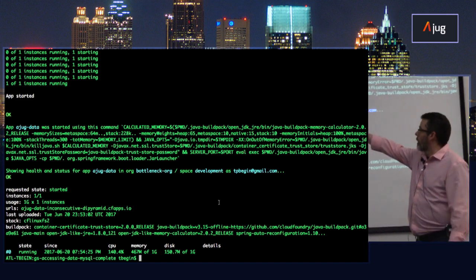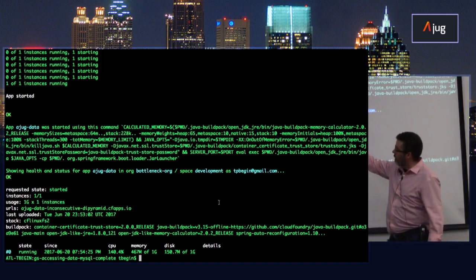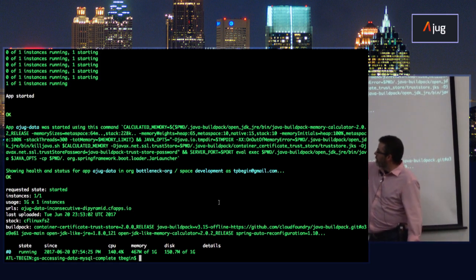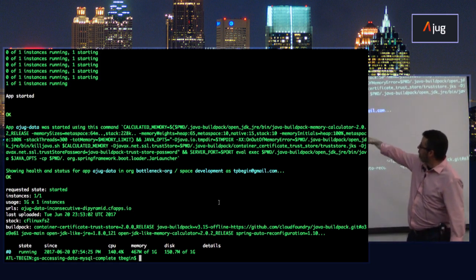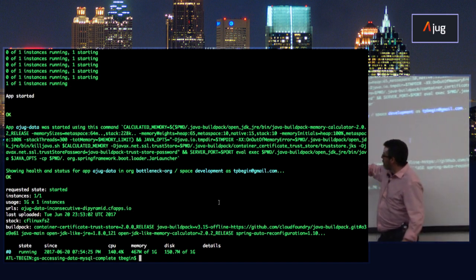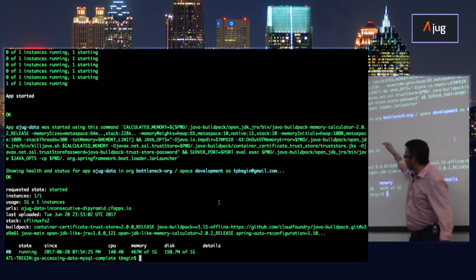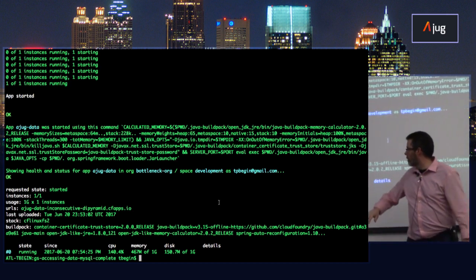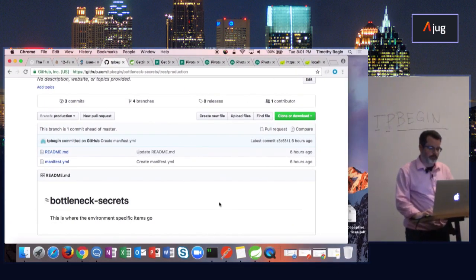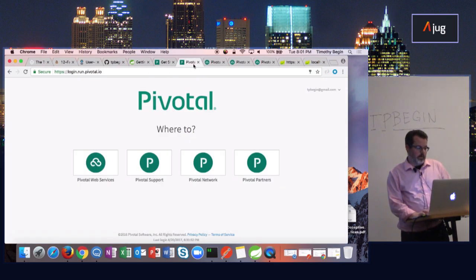So app AJUG data, we started using this command. If you want to change any of that, feel free, but that's what I did. I'm going to show this app AJUG data in org bottleneck and space development as this user. So it started, I got one instance, 1 gig. And if you go to this URL, you're going to get that particular app, and here's all that. So what does that mean to me? That means that